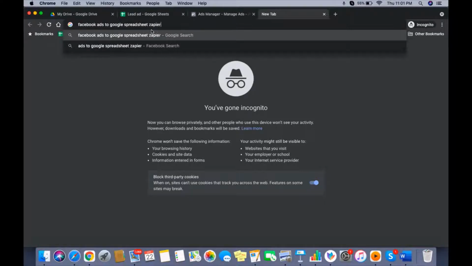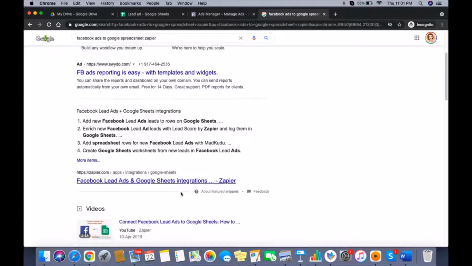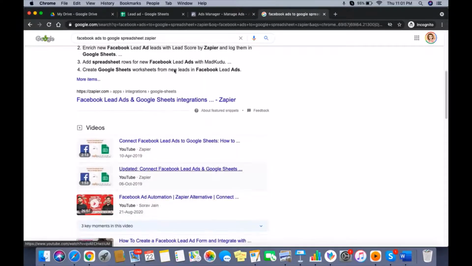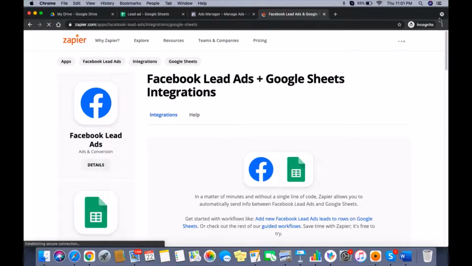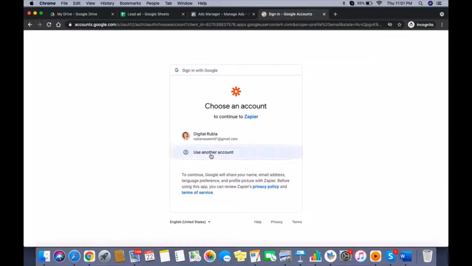Zapier is a marketing automation tool that we are going to use. I believe many businesses would have heard about this tool. I'm going to show you how to connect this particular account using this particular automation. So we are going to log in. I'm going to log in via Google.